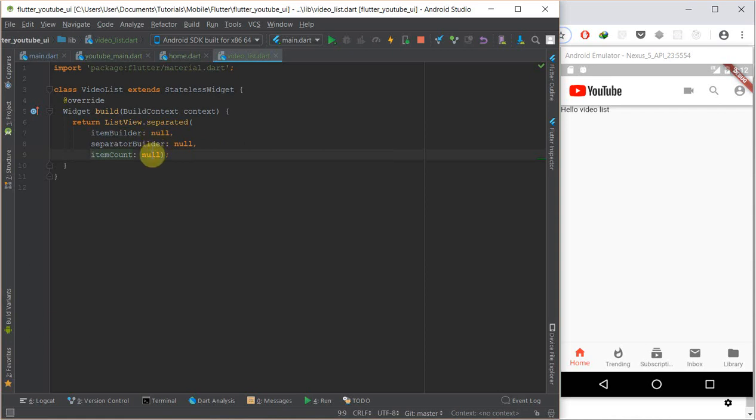The first thing is we're going to get the item builder, and the item builder is simply the content the list is going to generate. I'll also explain why we're using separated. Separated is used to add a divider in between each video. So for the item builder over here,